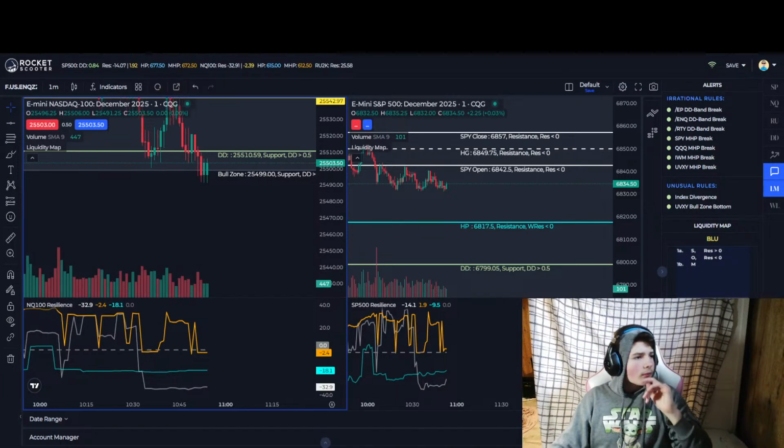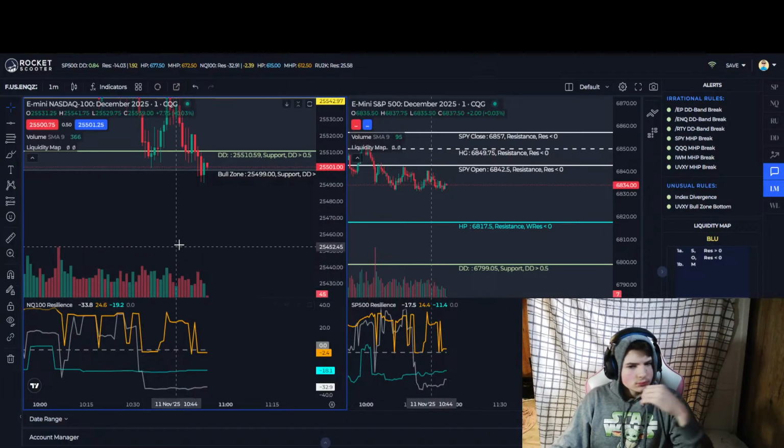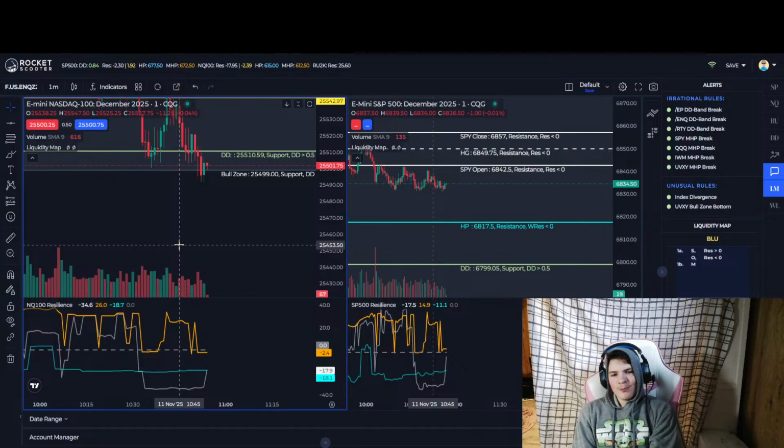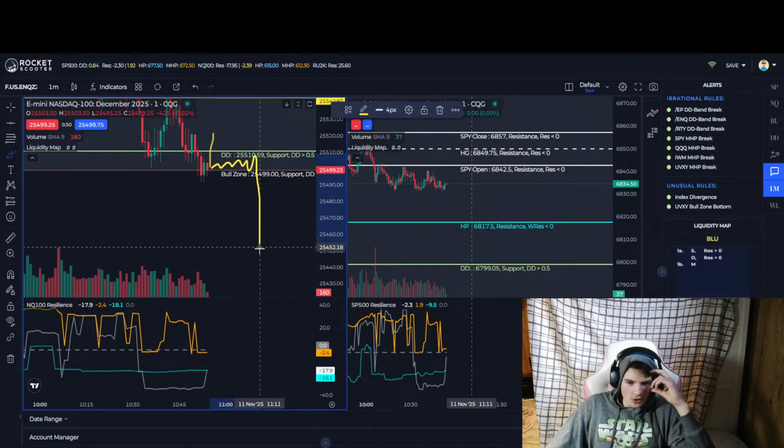All right. Either this is the final bounce here, it could shoot up from here, or it could die.